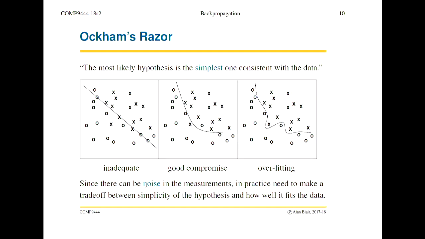we loosen that definition up a little bit. If we look at the middle one and the one on the right, it wouldn't be accurate to say that they both explain the data equally well, because that one fits the data a little bit better, but this one is simpler. So in other words, we're going a bit beyond what William of Ockham really said. We're willing to accept a model that doesn't fit the data quite as well on the grounds that it's simpler,